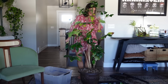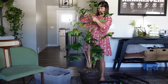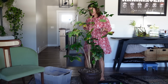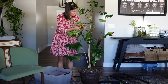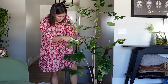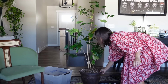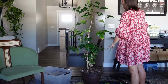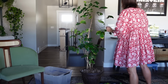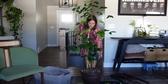And then I kind of do want to remove some of these more sad looking leaves. I wondered if there would be spider mites or something that can sometimes cause brown tips like that. I don't want to remove too many, but definitely the really ugly ones. All of this top growth looks pretty good. Actually, I think that's all I'm going to cut off. I don't want to get too crazy with it, even though I would love to cut off a few more